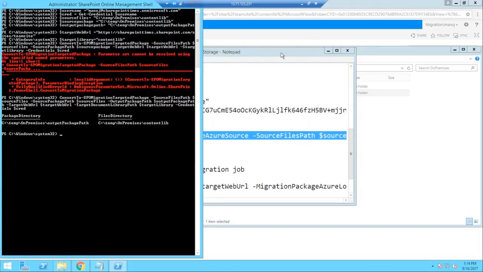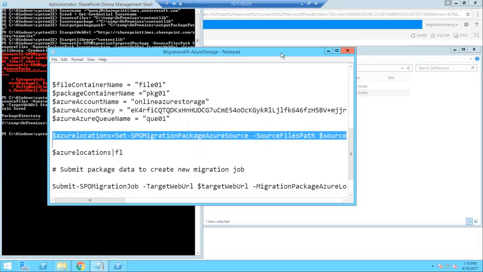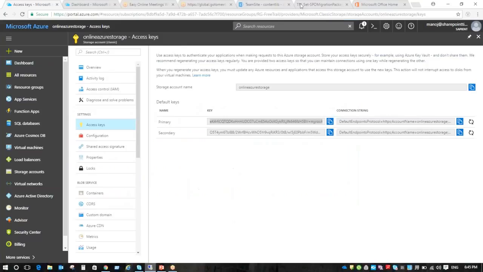Manu, small query from my side. Yeah, hello. Yeah, I can hear you. Please go ahead. What do you mean by Azure account name? Now I am running the management shell as administrator, and everything I am using with my ID, means site collection administrator, right? Yeah. So what is the Azure account name? Is it created in Azure only, or is it user specific?